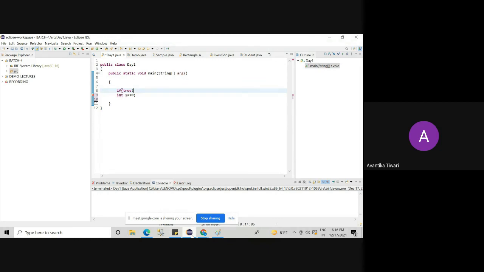It's valid to skip the else part and the curly braces. But without curly braces, only one statement is valid, that is just immediately after the if statement, and that statement should not be a declarative statement.